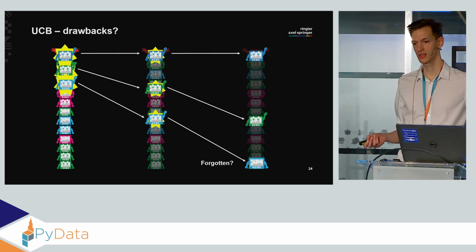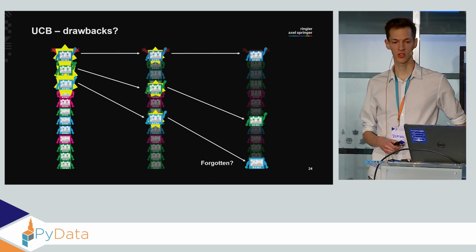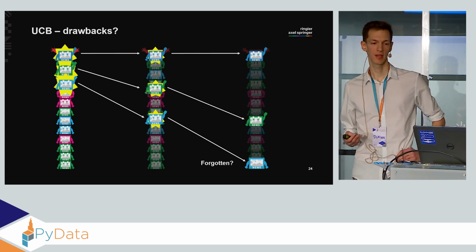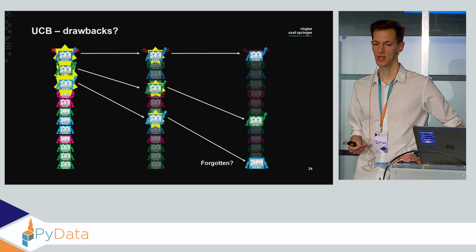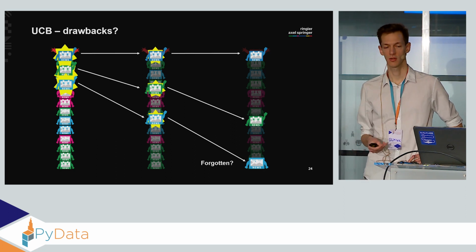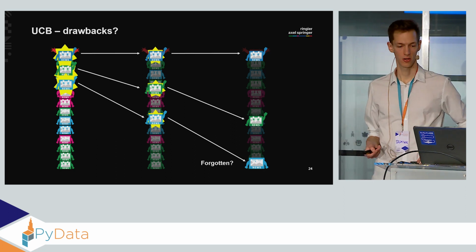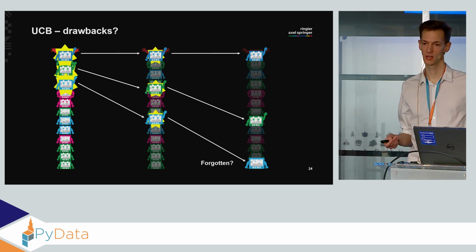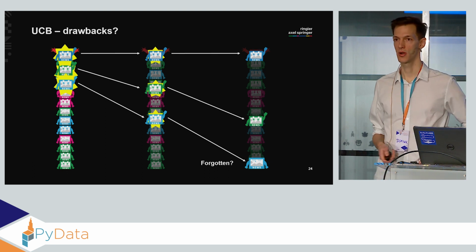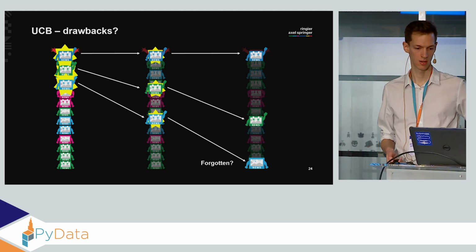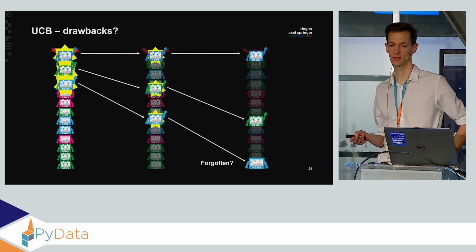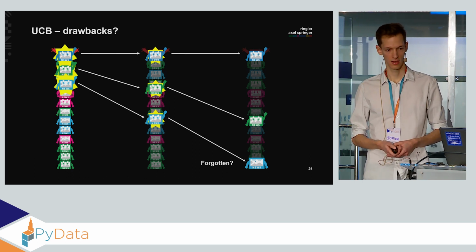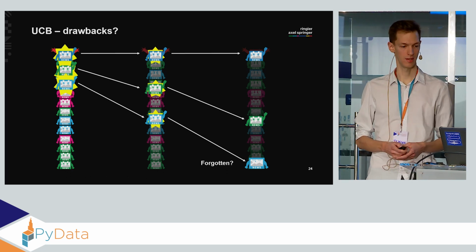But the problem is that in our scenario of news recommendation, the situation might be more dynamic than that. So we might expect that some of these articles might start performing better, perhaps simply as a matter of time, or because of some other circumstance. So in short, their performance in time is dynamic, and we have to somehow account for that, whereas UCB really doesn't. So you see we have sort of fallen into the opposite extreme relative to epsilon greedy. And so the question is, how can we find a balance between these two?